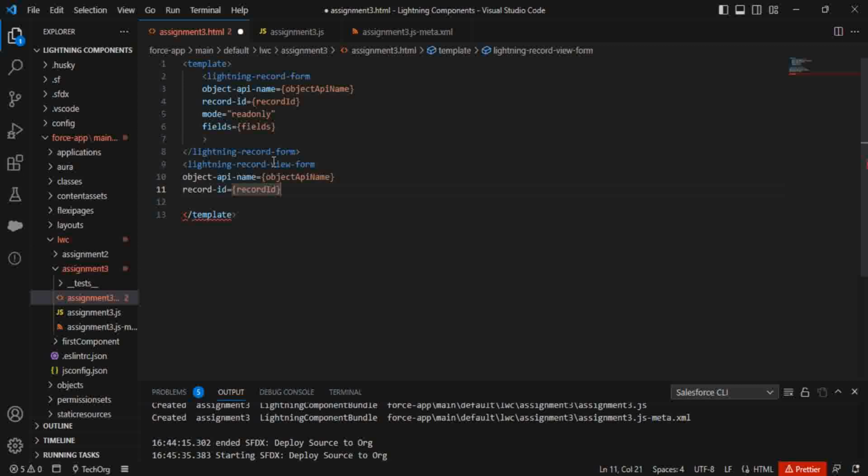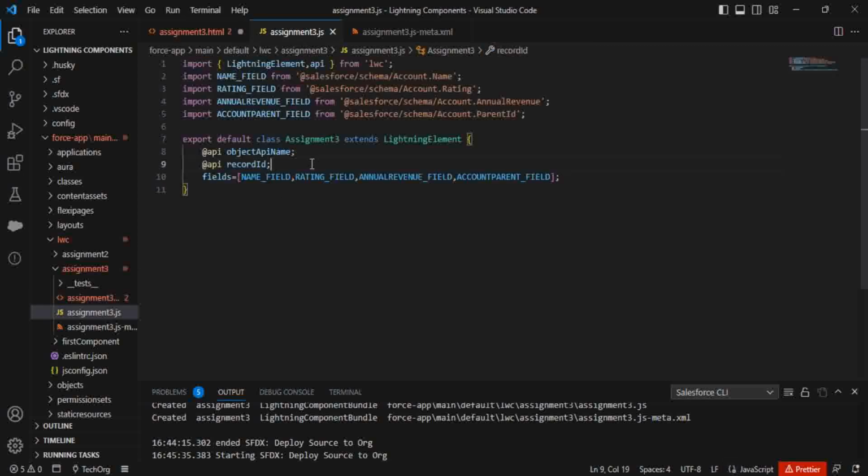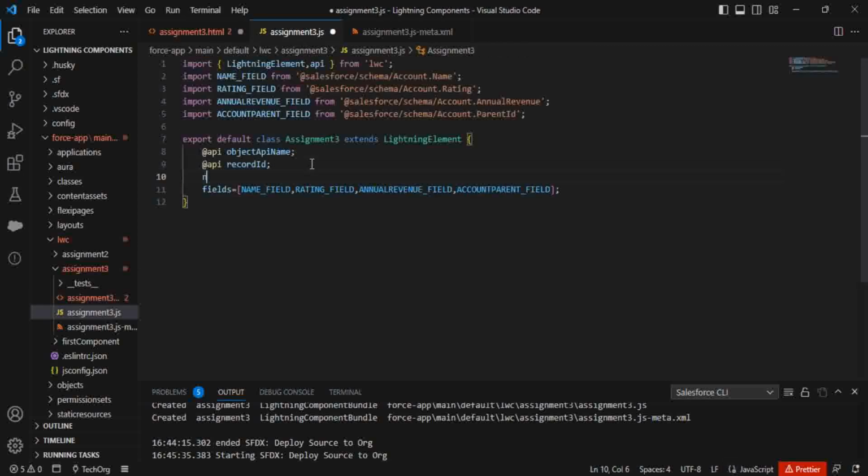And now we have two ways to define the fields. So either we can add the field as a property inside our JS file,